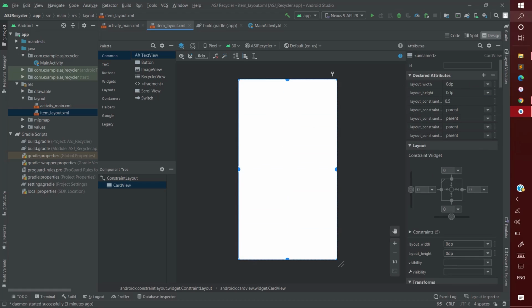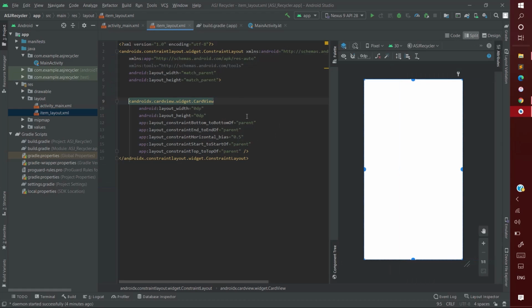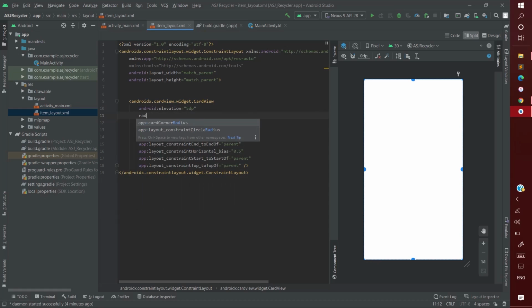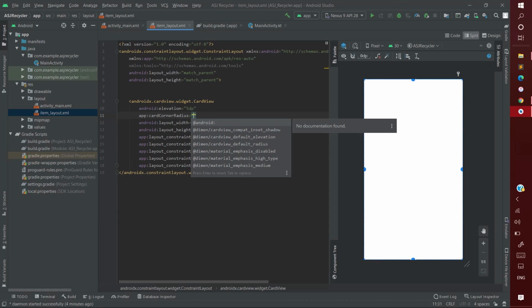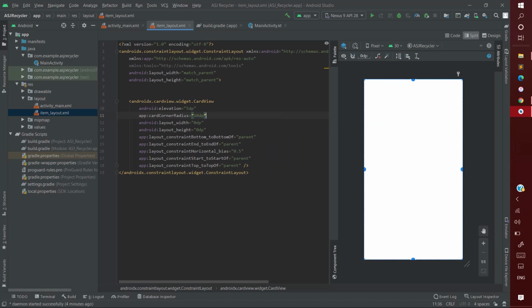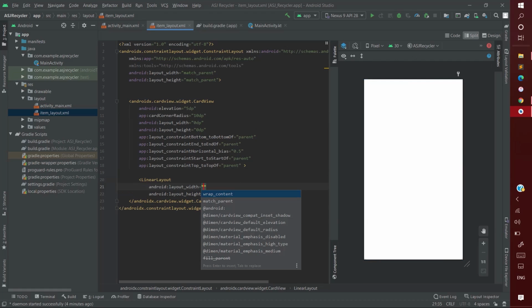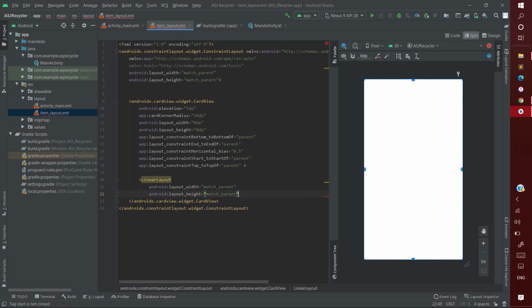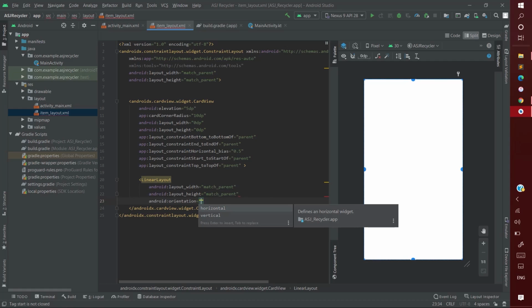and I can also add a few more attributes to it. In the split tab in here, I will give it an elevation of, let's say, 5 dp. Also I will give it a corner radius of 10 dp so that it appears rounded. Now you may not be able to see it, but you will see it afterwards. And inside here of card view, what we can do is we will add our layout. So I'll simply use a linear layout here, match parent, orientation horizontal,